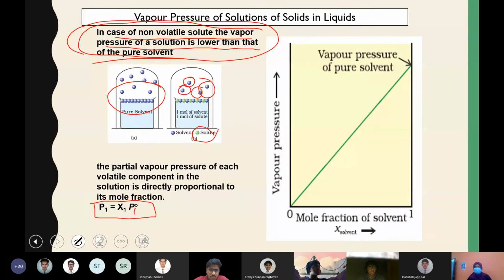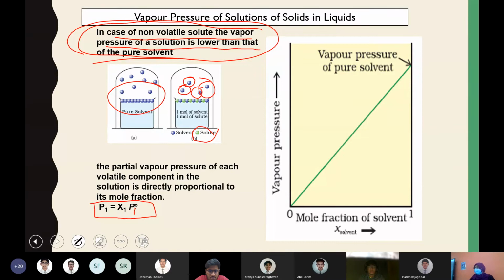Is that clear? Actually, this is what we need to discuss under vapor pressure and Raoult's law. It is a very small thing only, but we have gone through all the minute detail, as I said, because it can be there in numericals. Any part of it.